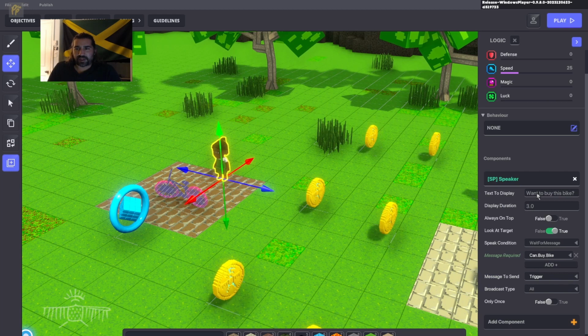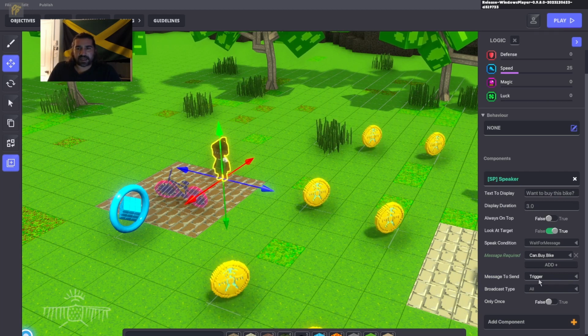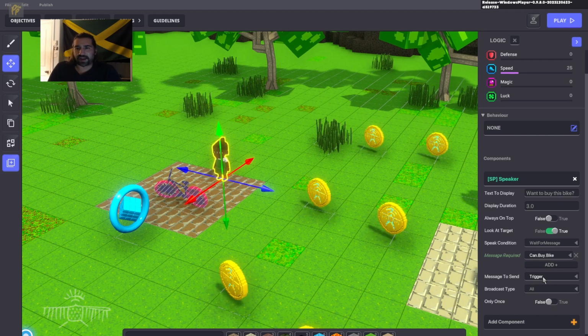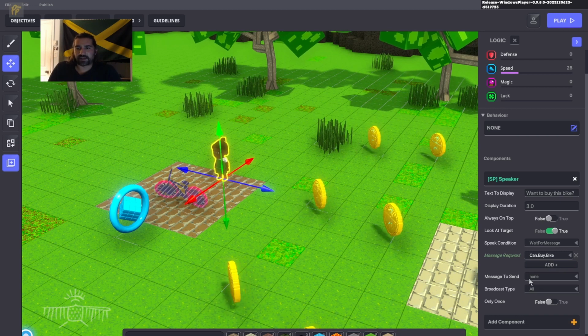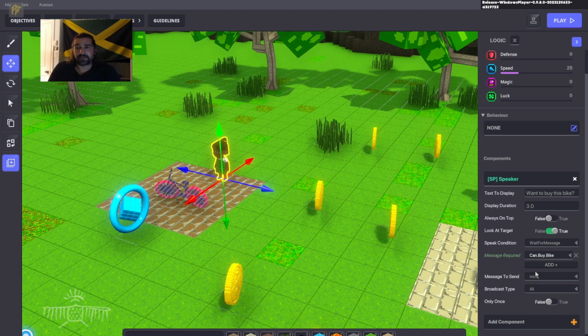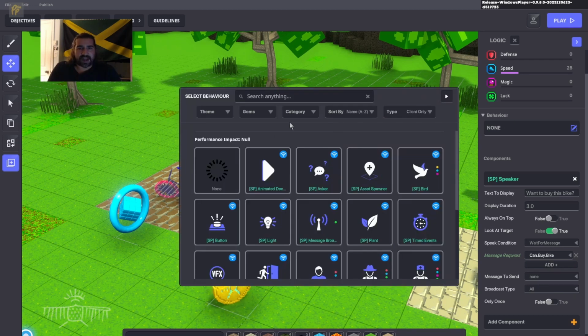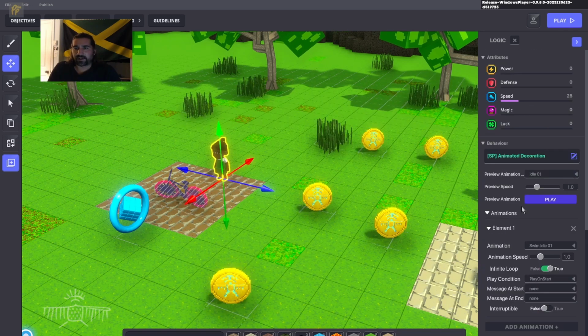And so right now I'm just using the text display. I don't think I need anything else here. We could use this to trigger some animation decorations if we wanted to, but for now I'm going to set the message to send to none. And let's also put an animated decoration on her as well, just so she can